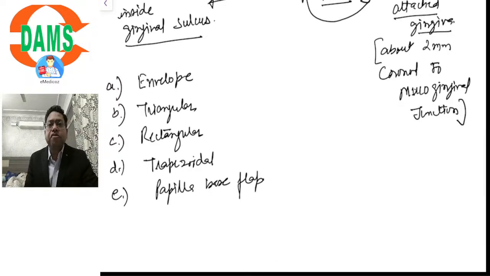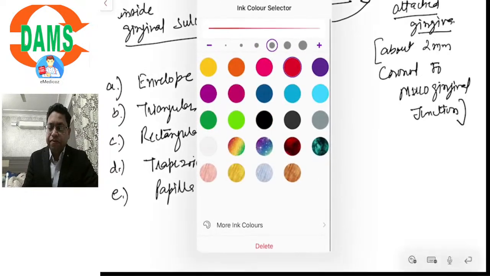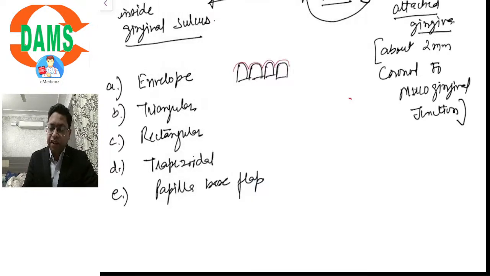These are the 5 types of flap designs designated as full thickness flap, meaning the horizontal incision would be located inside the gingival sulcus. If this is the quadrant of teeth where we are doing the surgical procedure and we make an intrasulcular horizontal incision like this,